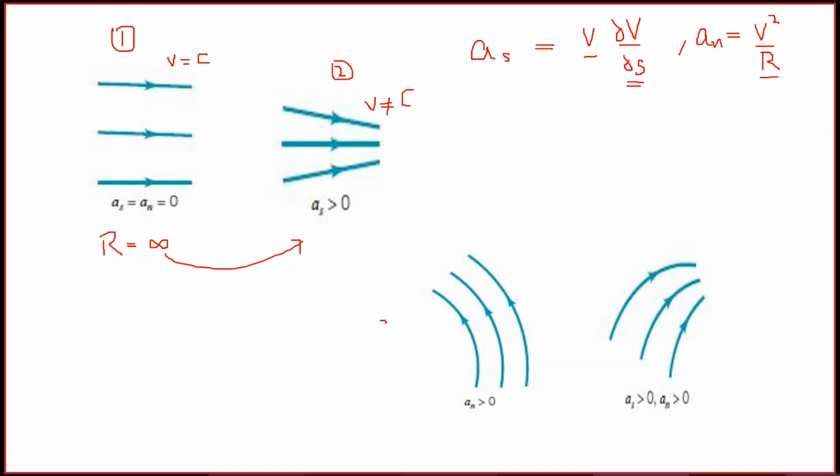Yes sir। Situation 3 पे आते हैं. Situation 3 में again क्या हो रहा है? Velocity is constant, right? इसका मतलब ये चीज 0 हो जाएगी. AS would be equal to 0. AN 0 क्यों होगा? Because radius of curvature की कोई ना कोई वैल्यू है हमारे पास. Radius of curvature has some value, let's say A. ठीक है, रेडियस ऑफ कर्वेचर की कोई वैल्यू हमारे पास है, राइट? Yes sir।